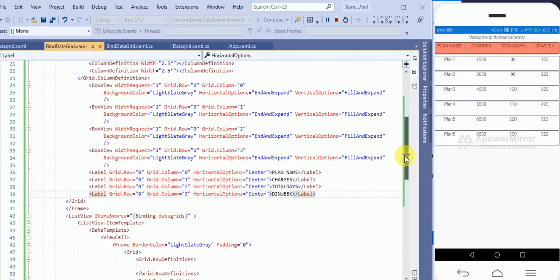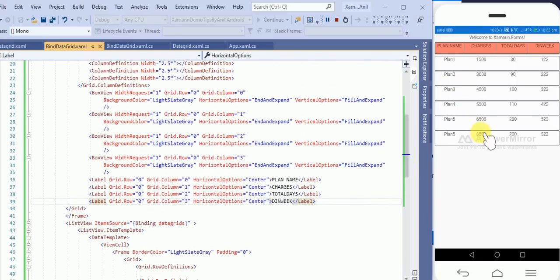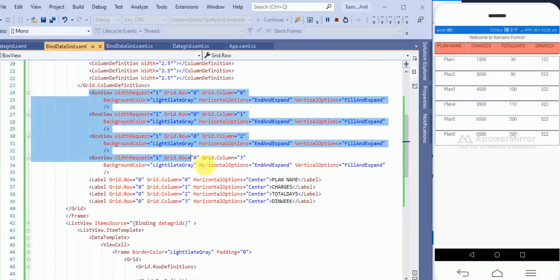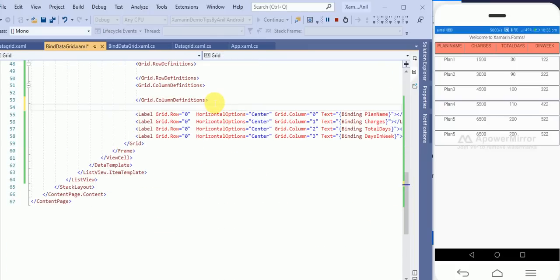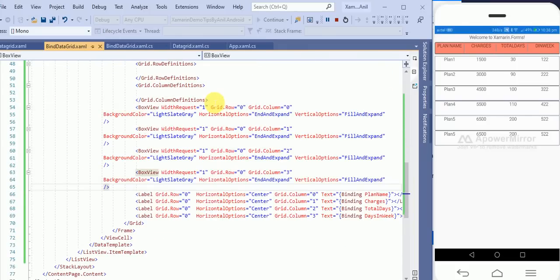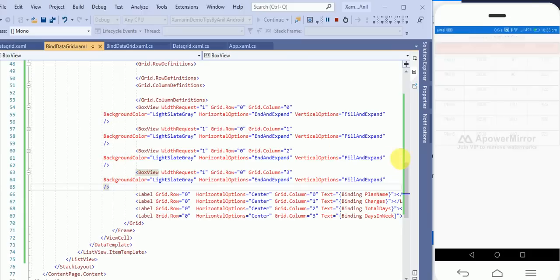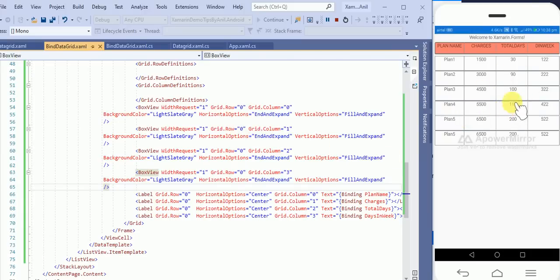Okay, now if you want to box this also you can box it. So the complete BoxView, I'll copy and paste over here. You can paste it anywhere. So here you can see the same BoxView has been created over here. If you don't want to create BoxView, then you can remove it, or if you want to create it, it will look better.